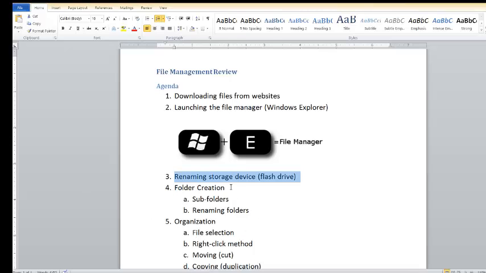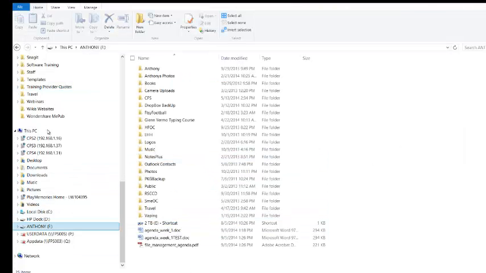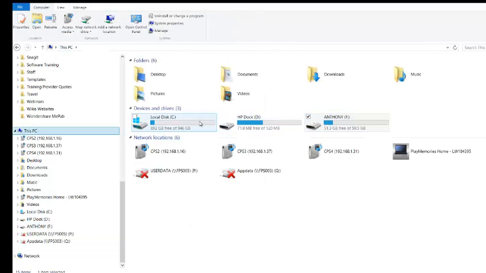let's talk briefly about renaming storage devices. That's really important because if you look here, let me go back to the actual computer. If you look here, without a name for your storage device, all of the devices will just have these little letters next to them. C drive, D drive, F drive. And some of them aren't even as descriptive as this. So to help you manage your files or find things more efficiently, I recommend renaming them, especially for removable devices